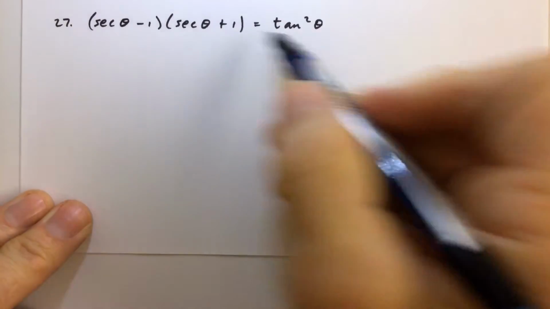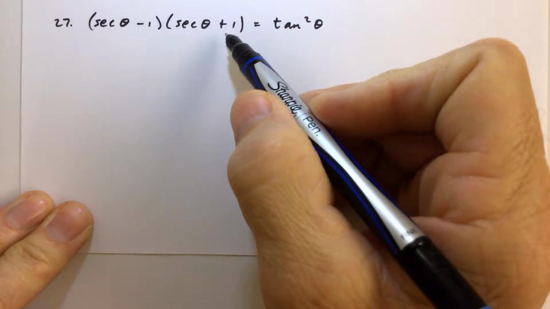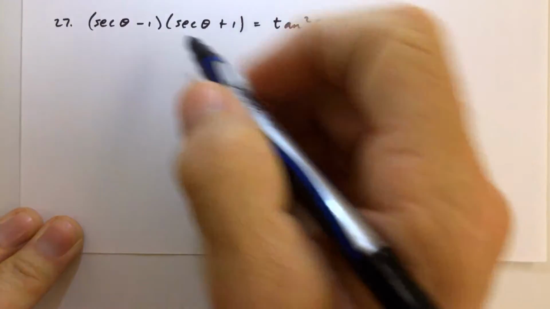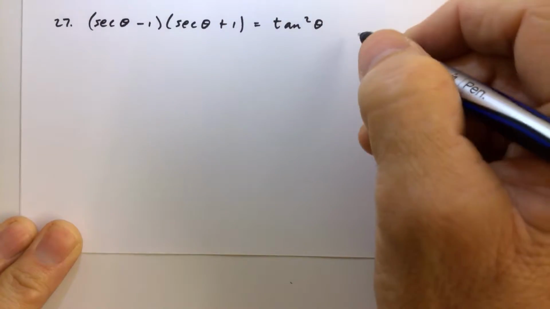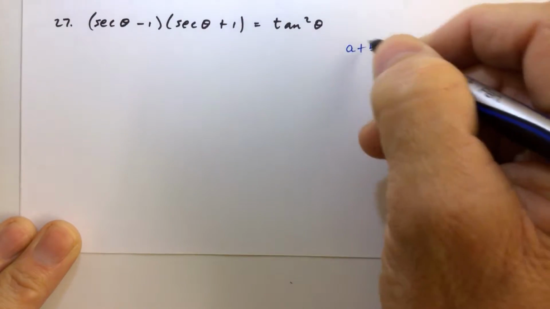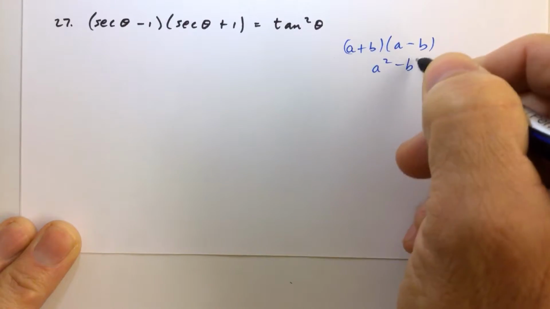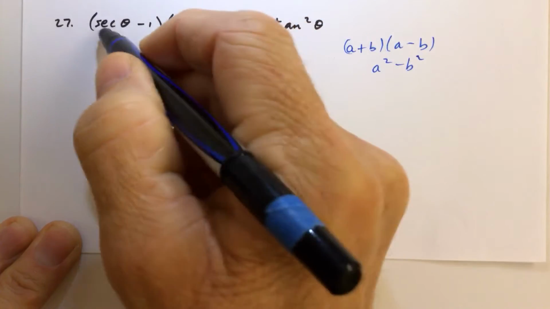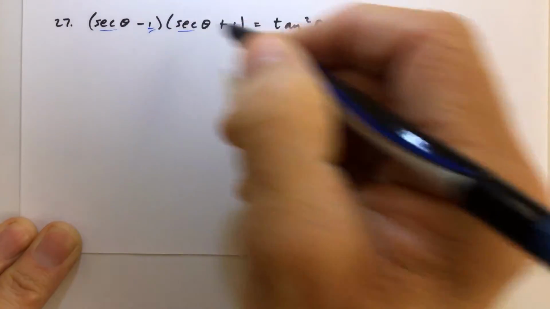For this equation here, this identity I should say, we see that the left side is more complicated. So we're going to go ahead and multiply out the left side. And if you remember the factoring pattern of a plus b times a minus b, that's the difference of squares factoring pattern. So anytime we see the same term in the first and the same term in the second,